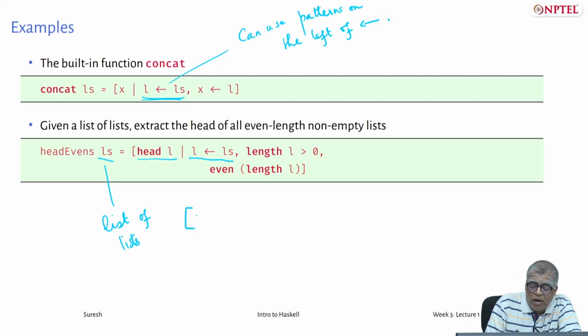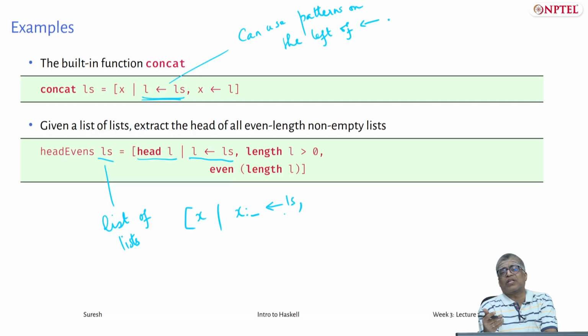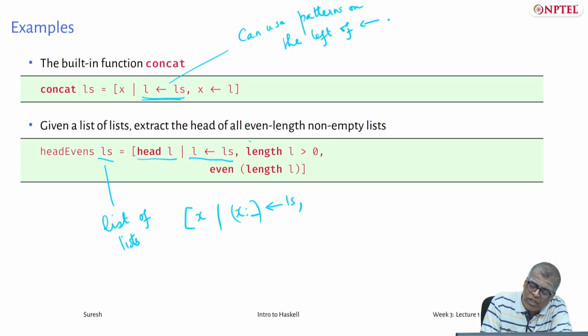You will just say return all x such that x colon something belongs to ls, and I do not need to check that length of l is greater than 0, because x colon something is the pattern for non-empty lists. Since I am only extracting x colon something, that is automatically non-empty. So I can skip that check, and then I will just say even of length of